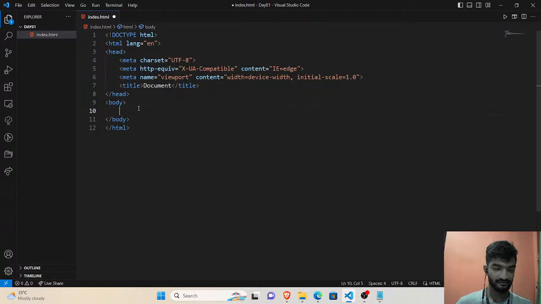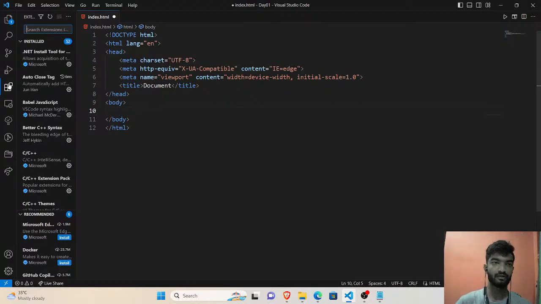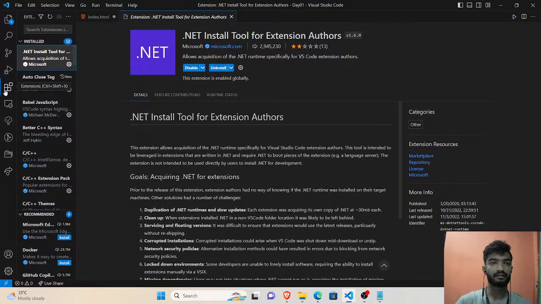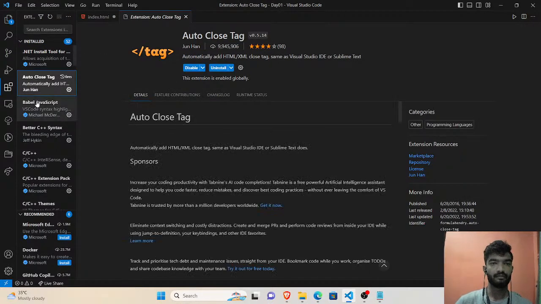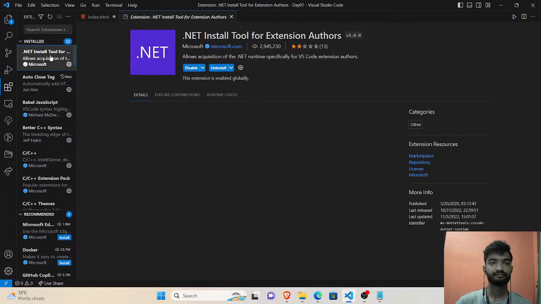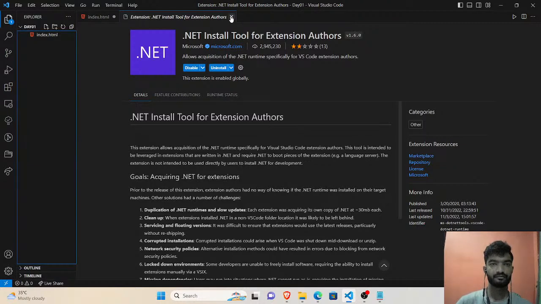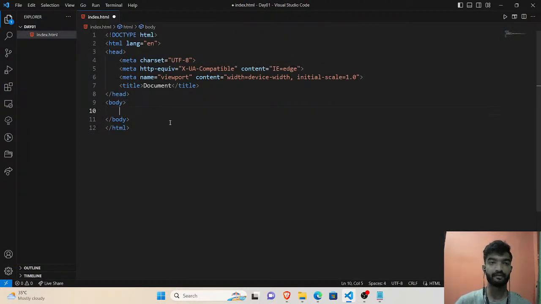Okay, we can't find those extensions after we download it. Bindu, you can't find those extensions. You can manage it over here. Click on this extensions button in the VS Code left side of it. You can manage all the extensions. Installed extensions will be there. So without any delay, let me start.